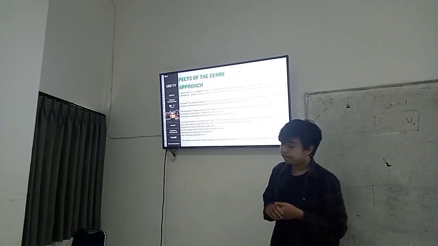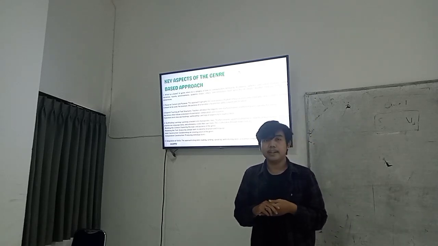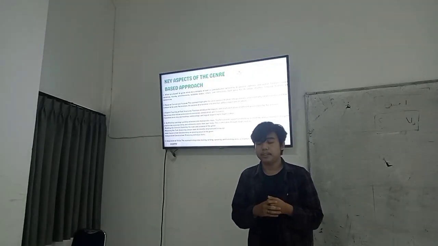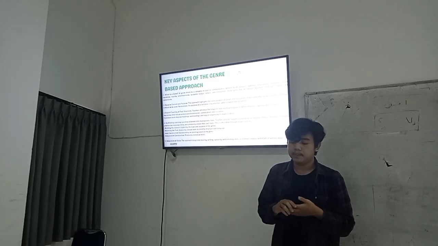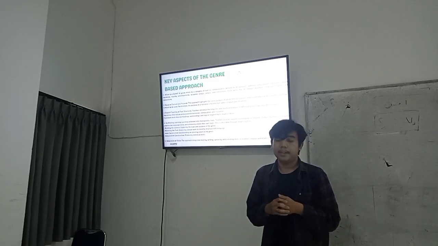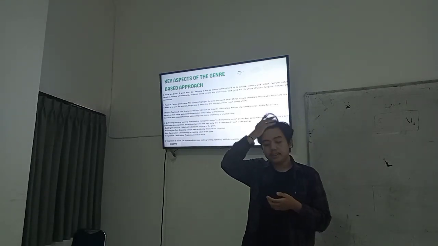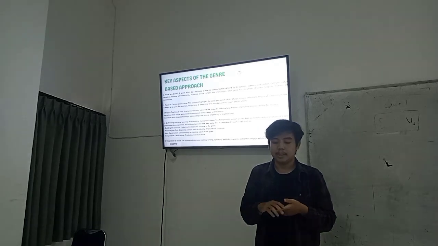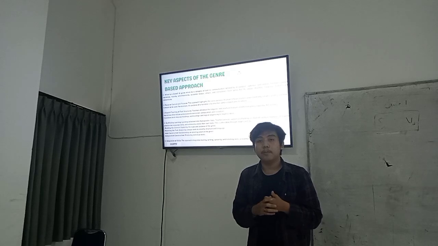Okay, and the fourth is scaffolding learning. Learning is broken into manageable steps. The teacher provides support, scaffolding. Students analyze examples of a genre, practice key language skills, and ultimately create their own text. This is often done through stages, such as the first is building the context, or exploring the topic and purpose of the genre.